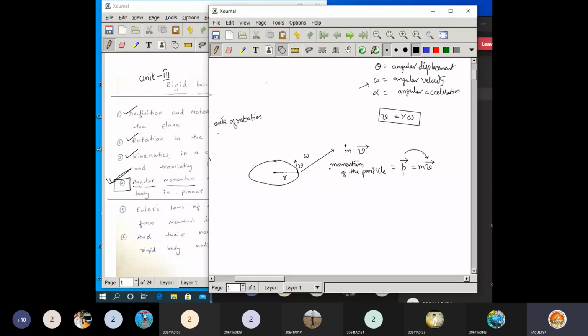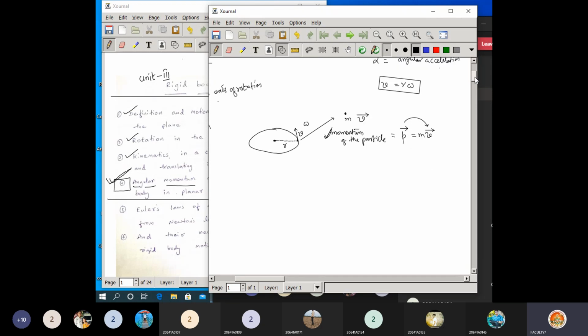Now here you got only momentum of a single particle. This is for a single particle. Now we are having large number of particles. Depending on that particular concept, we will add one more point before going to see about the total number of particles. Now regarding this particular point or the particle here, as it is rotating here, we are going to get a concept that momentum, momentum due to the rotation.